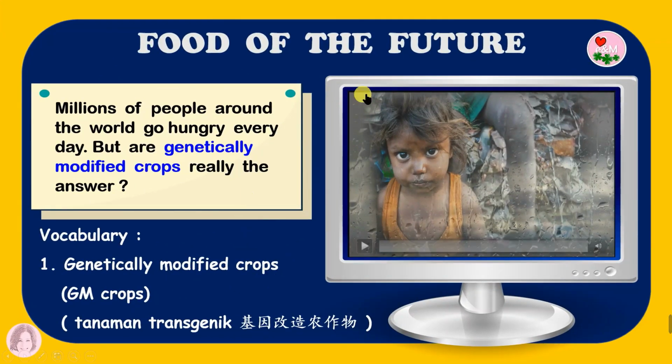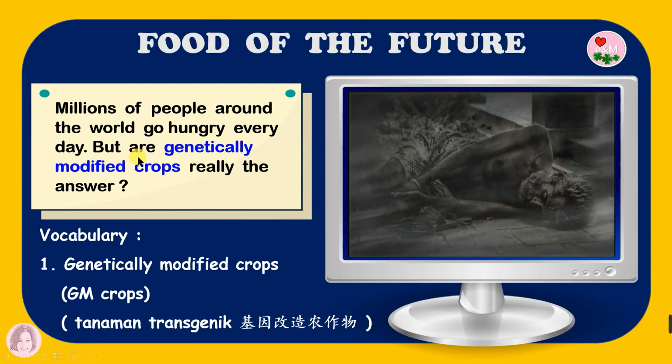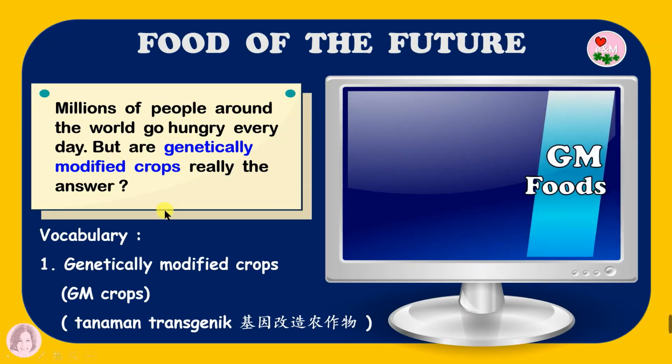Next, food of the future. Millions of people around the world go hungry every day. But are genetically modified crops really the answer? Yes. GM crops will help to meet the world's growing demand for food. Genetically modified crops, or GM crops, are plants used in agriculture, where the DNA of the plant has been modified using genetic engineering methods. The GM foods include